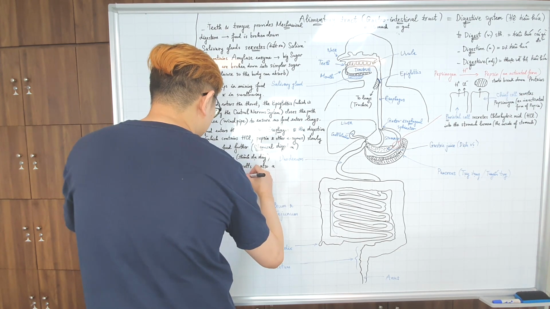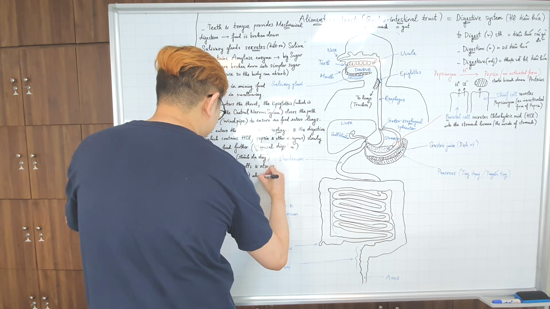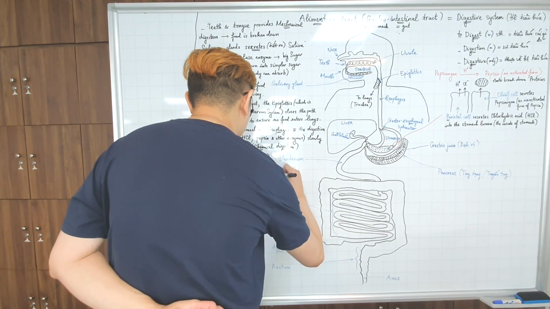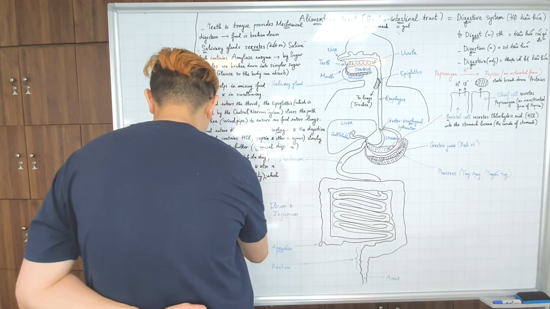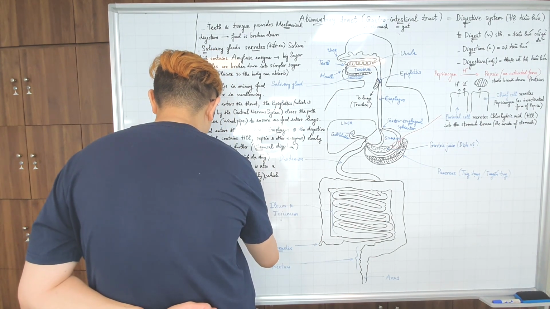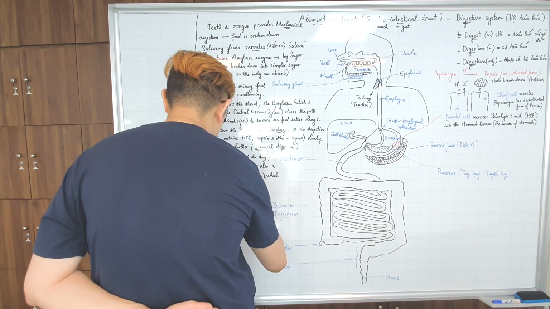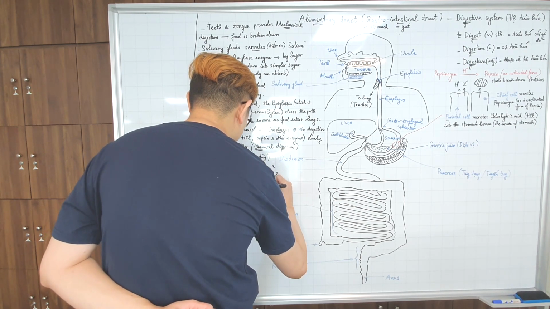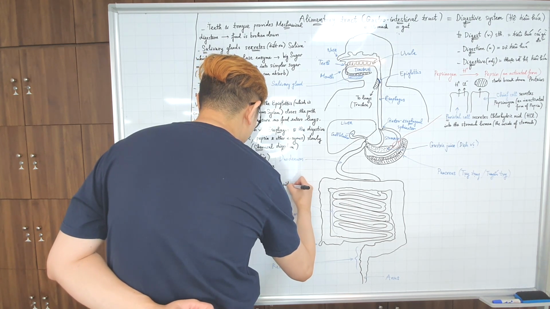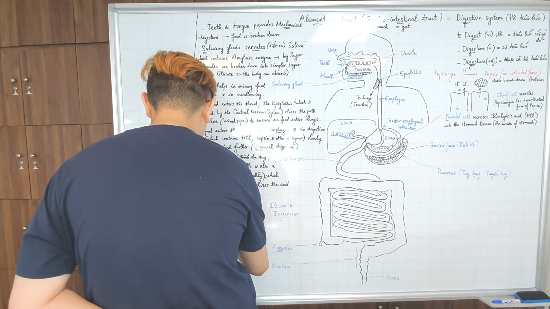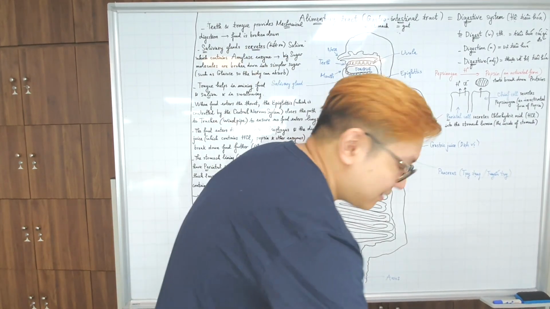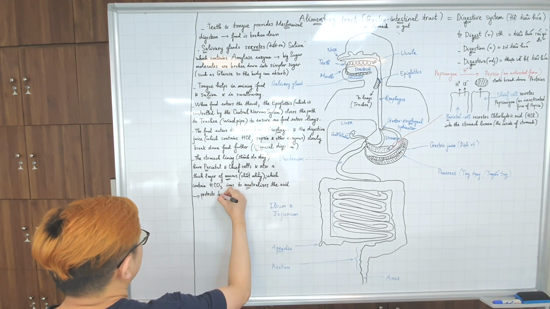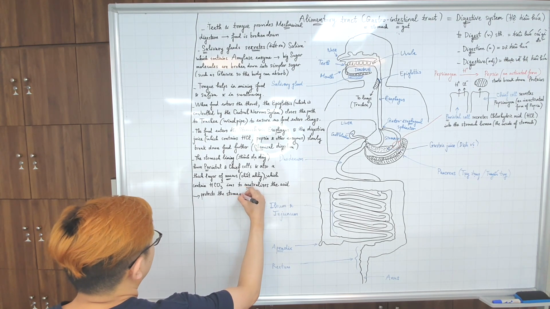Mucus nó là cái chất dịch, chất nhầy. Một cái lớp chất nhầy nha. A thick layer of mucus which contains bicarbonate ions to neutralize the acids. So it protects the stomach from